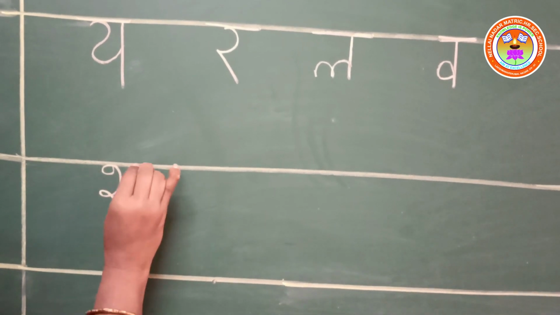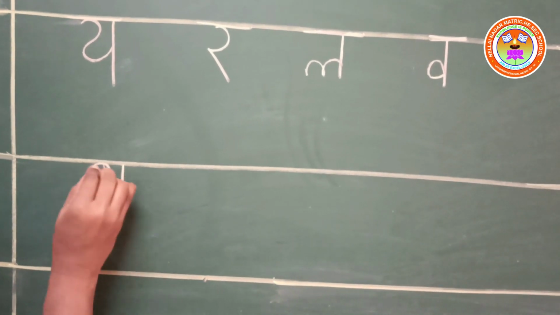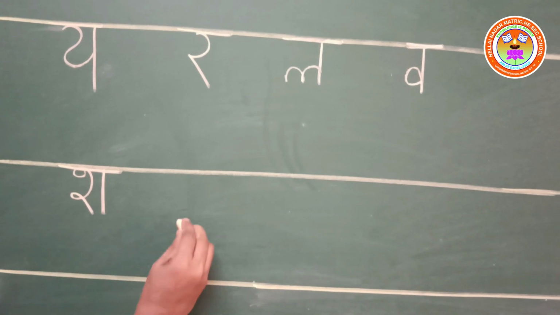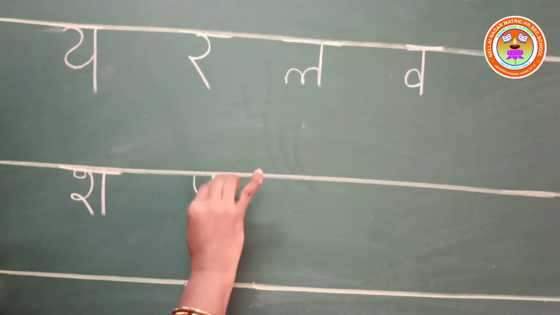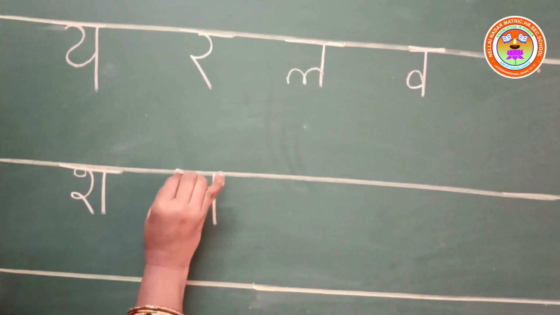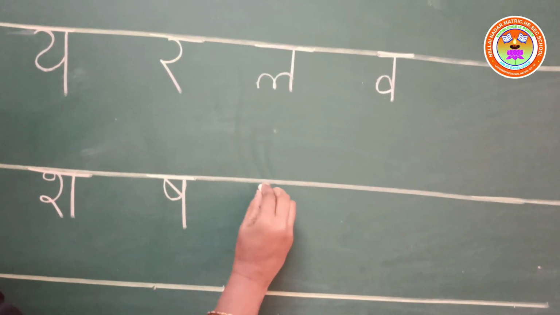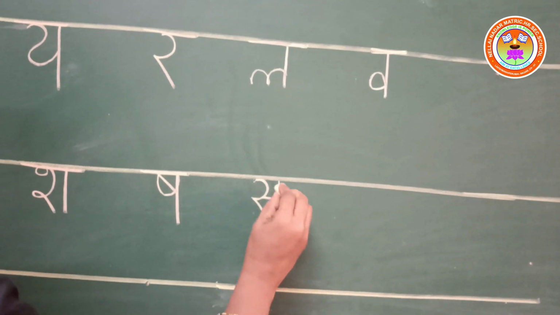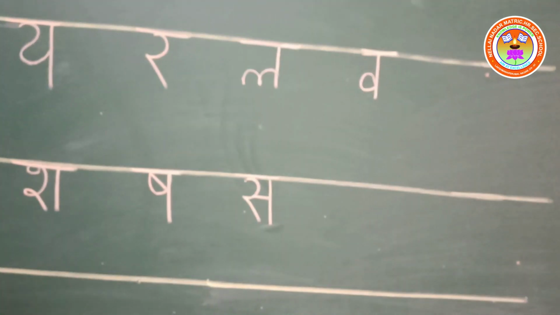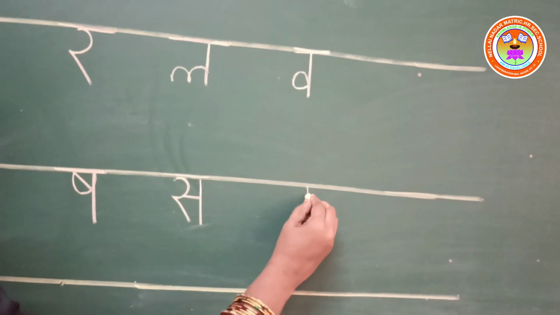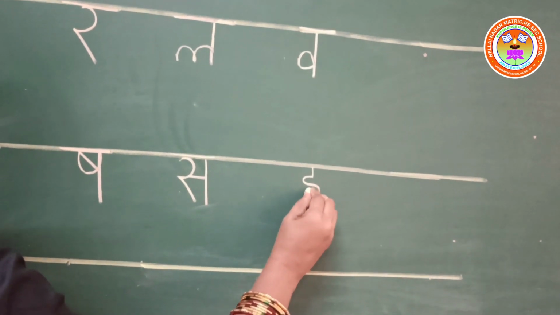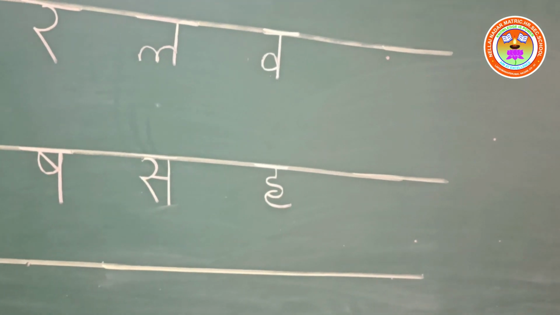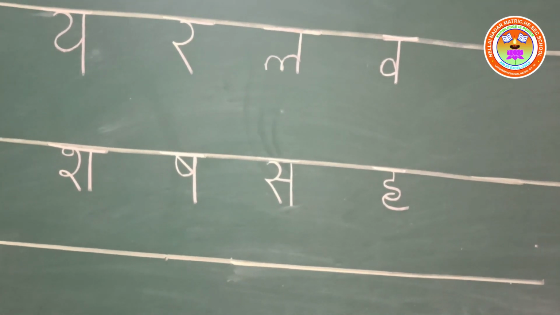Children, now draw a small circle like a 2, and a straight line and a sleeping line on top of it. Sh. Draw a U curve, bring it down and draw a line in the center and a sleeping line on top of it. Sh. Draw a half circle, bring it down, a sleeping line in between, a straight line and a sleeping line on top of it. S. Draw a small line, a C curve, like an S curve and a curve in between and a sleeping line on top of it. H. Sh, sh, s, h.